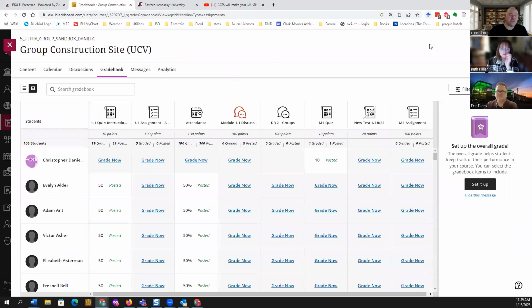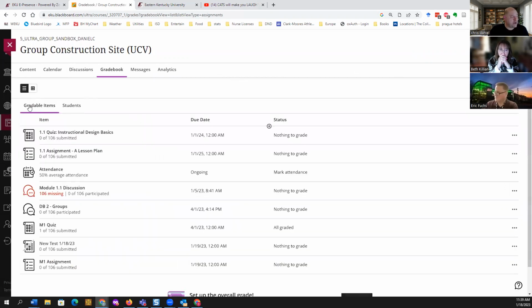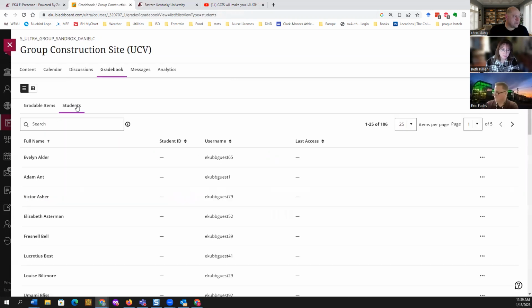Grid view is this traditional presentation of a column for every graded item, gradable item, and a row for every student. The list view, by default, shows all the gradable items in a list. And then if you click students, it can show you every student.